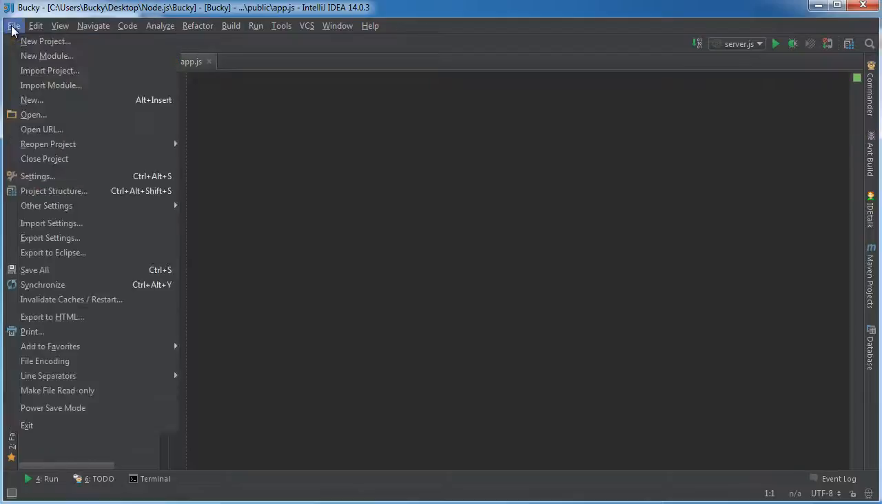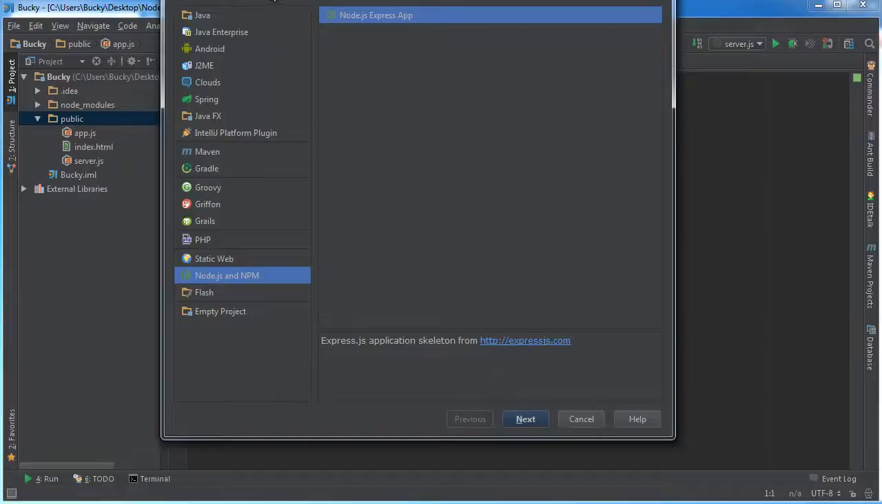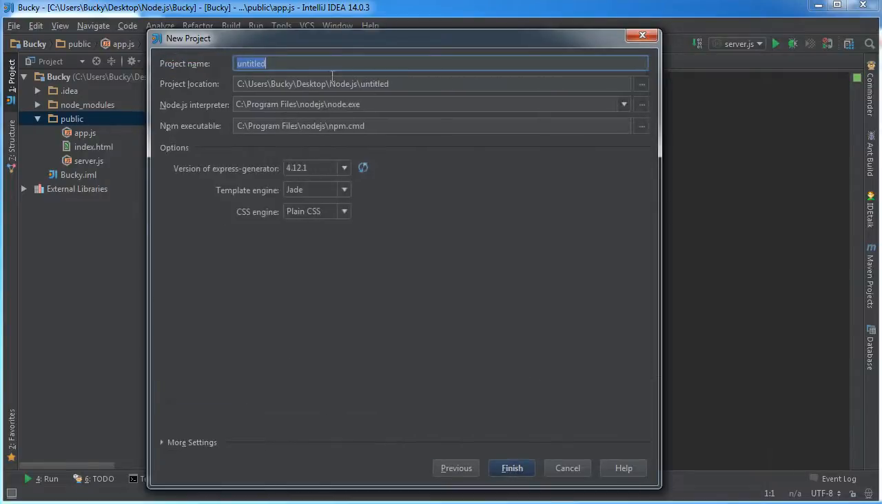From IntelliJ, if you go to File, New Project, what you can do here is choose, let me move this so you can see. In the little section down here, it's Node.js and NPM, and choose Node.js Express App. It's our only option, and click Next. So from here, it's really easy. You just give it a project name. I'm going to name mine